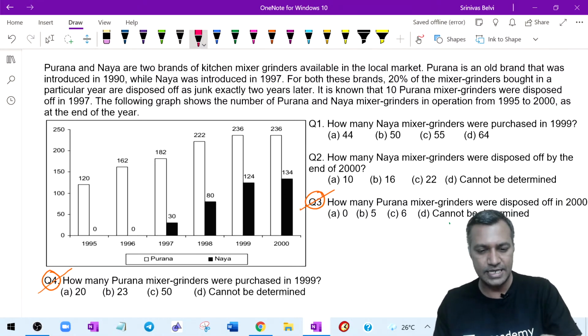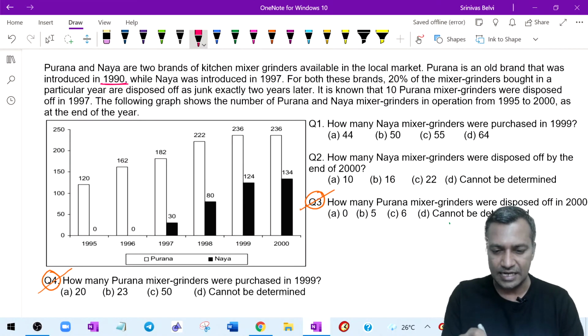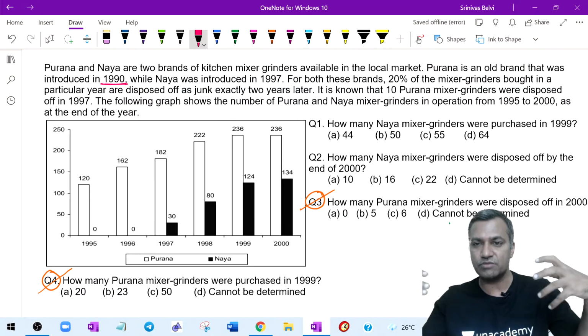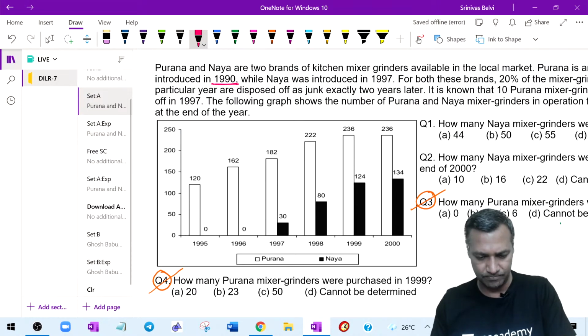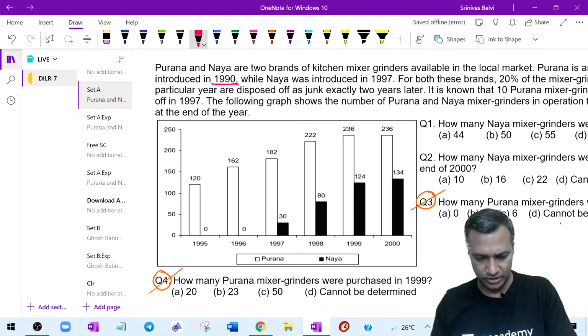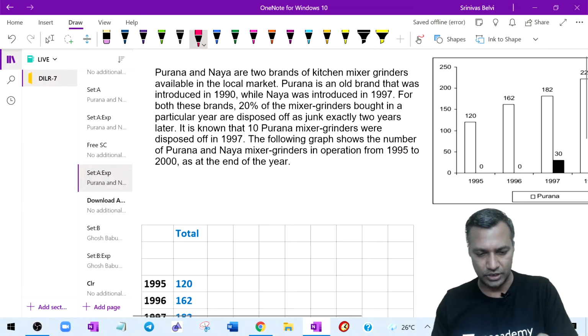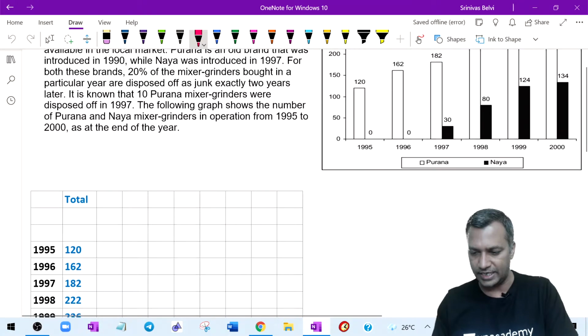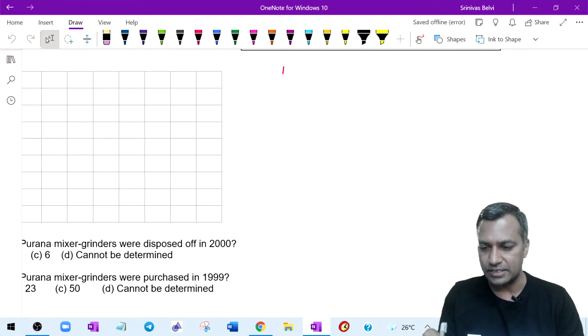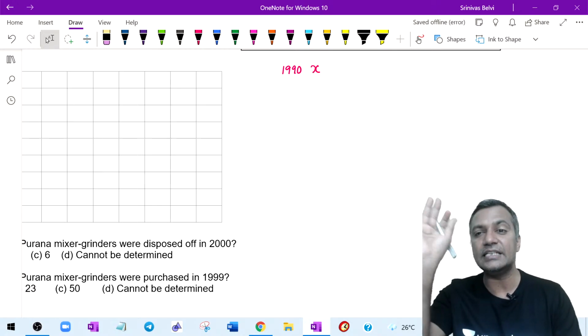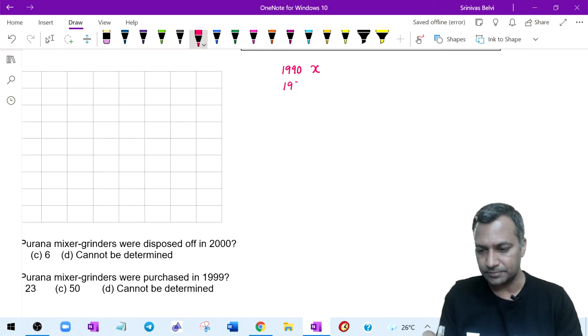Let's see this. Now, see, there is a problem. What is the problem? It's introduced in 1990, which means the new pieces were introduced from 1990 onwards. Let me come to this. Listen to me. This consolidation is called the logic of consolidation. Let me teach you how this gets consolidated. Let me write it from here. Try to follow, my friends. 1990, X new purchase. Only I'm writing the new number. 1991, let's assume that Y new were there.